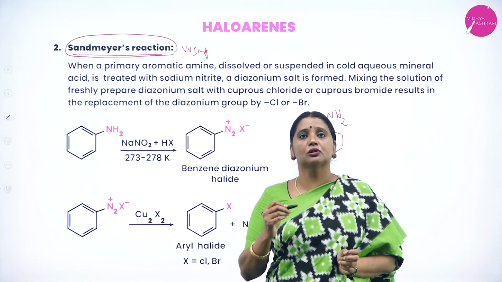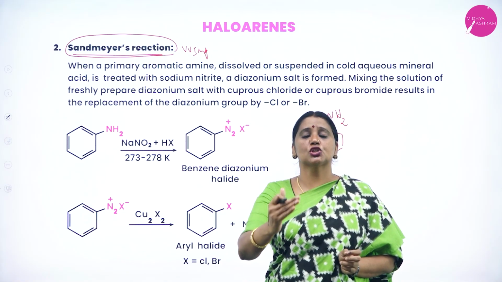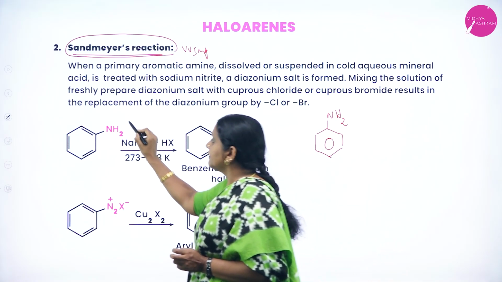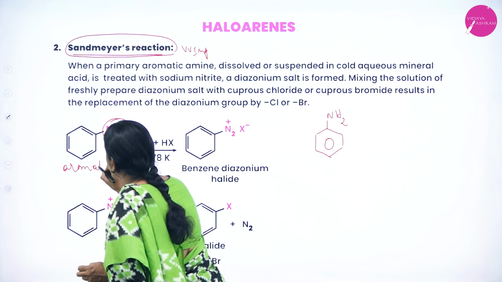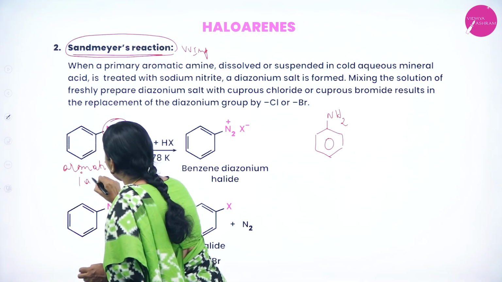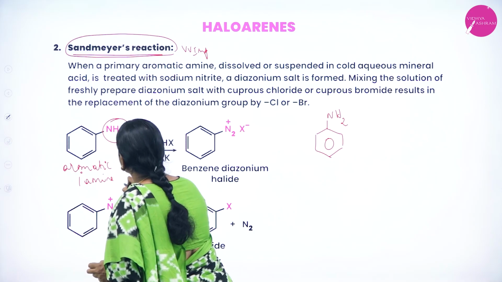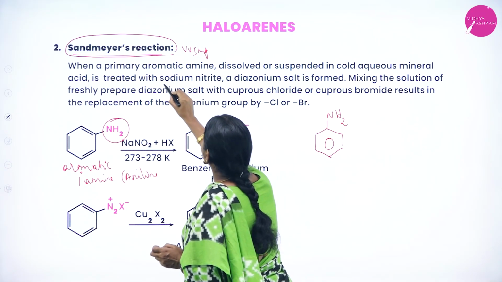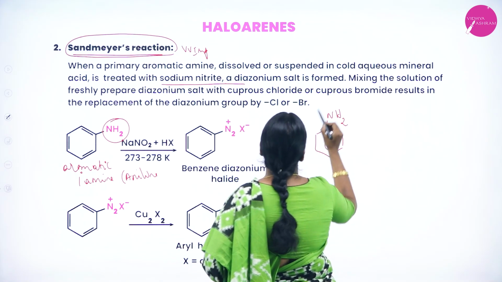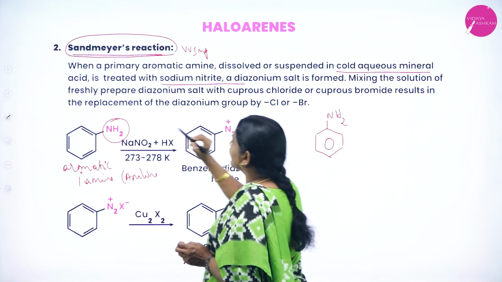If this NH2 group is attached to a benzene ring, it is an aromatic primary amine, and its trivial name is aniline. It is known as what? Aniline. Treated with sodium nitrite and cold aqueous mineral acid,